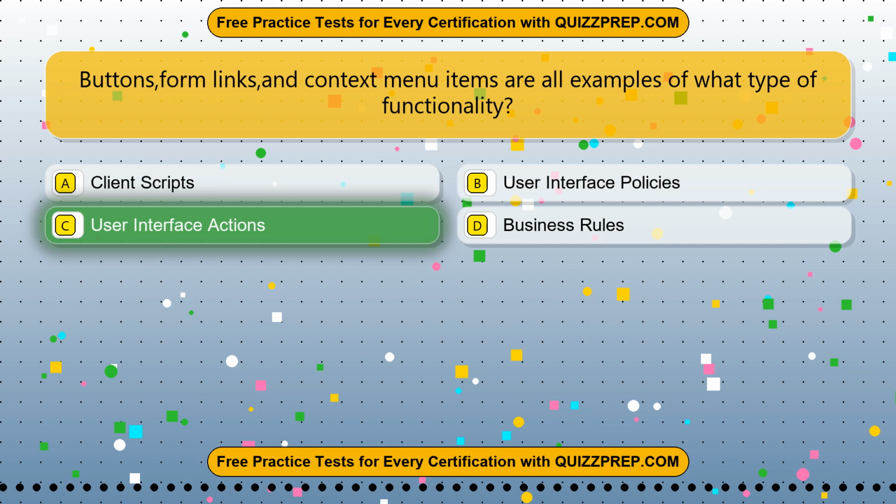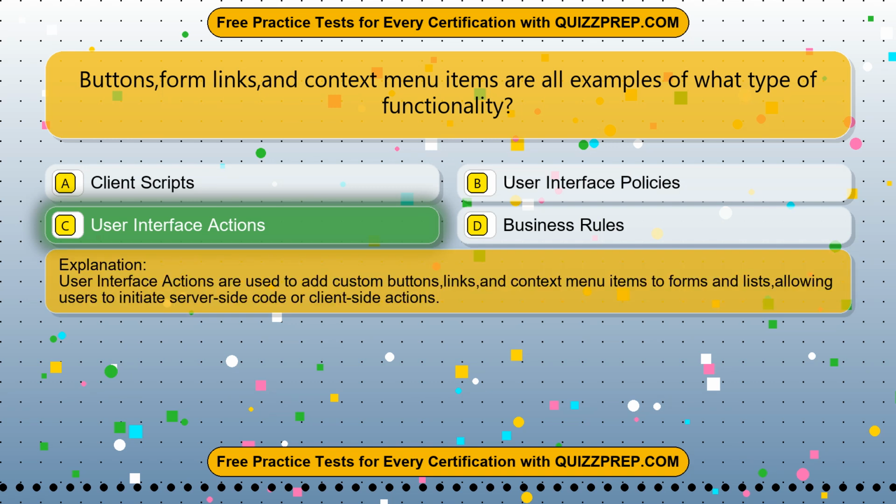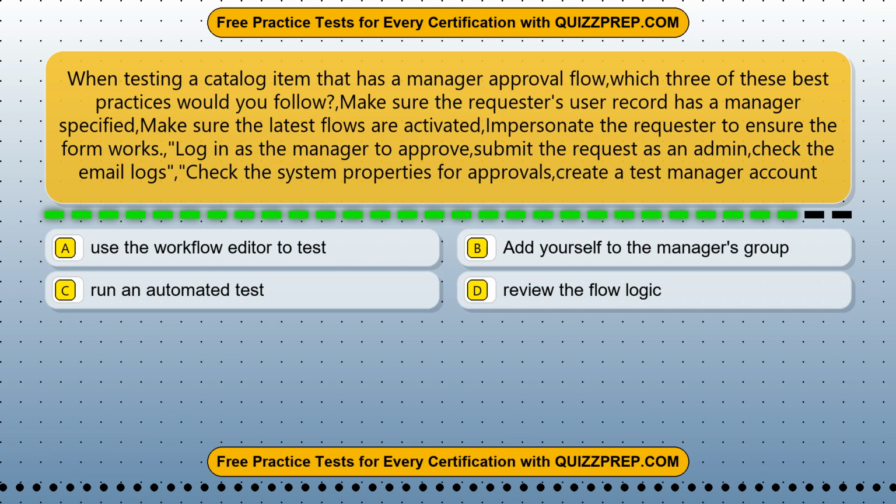The correct answer is option C. User interface actions. User interface actions are used to add custom buttons, links, and context menu items to forms and lists, allowing users to initiate server-side code or client-side actions. Question 76. When testing a catalog item that has a manager approval flow, which three of these best practices would